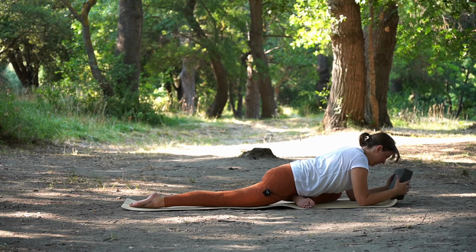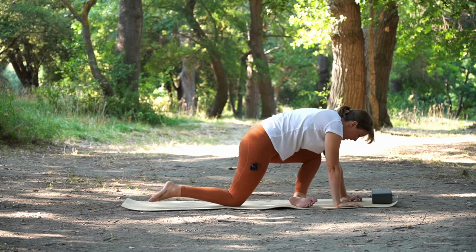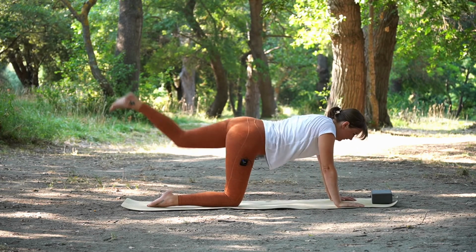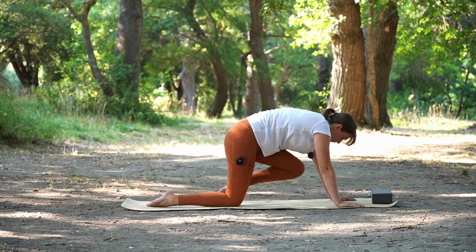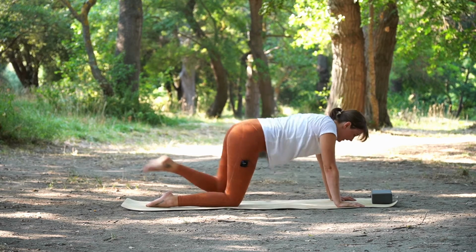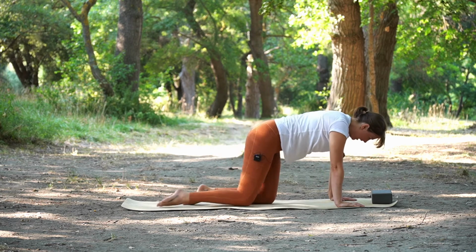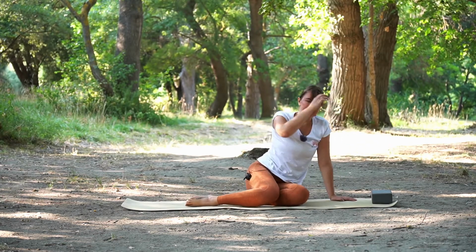And when we feel ready, we can start to press back up again. Again, you might want to find some movement in that left leg. I swing my leg forwards and backwards. You might want to bring your leg out to the side. Either way is perfect. And we're going to come back down to a seated position